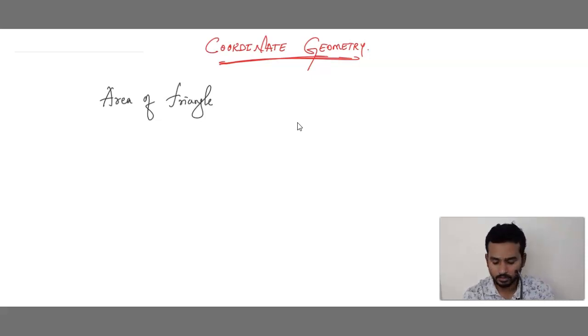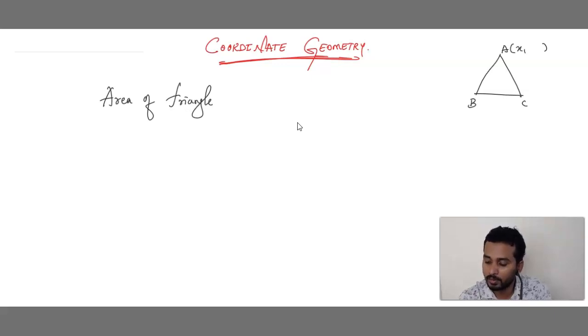This is clear. See children, this is the triangle. In this triangle, if we want to find the area, we have the formula half into base into height. Usually you remember this formula. But when they have given the coordinates,